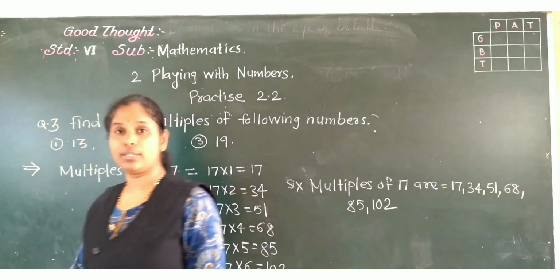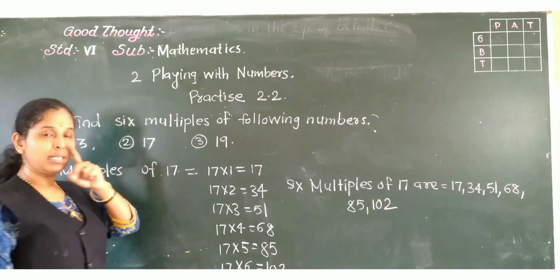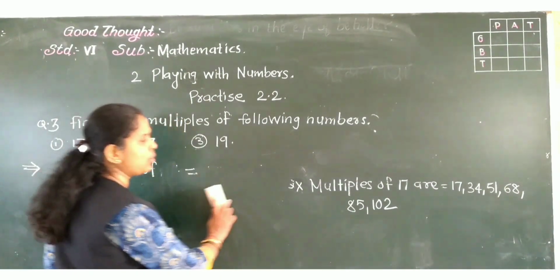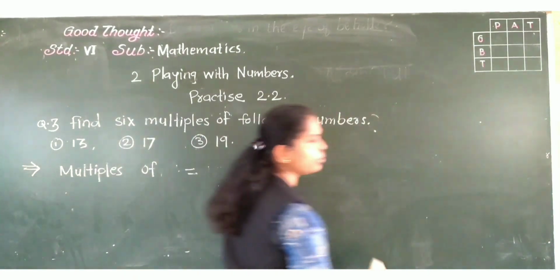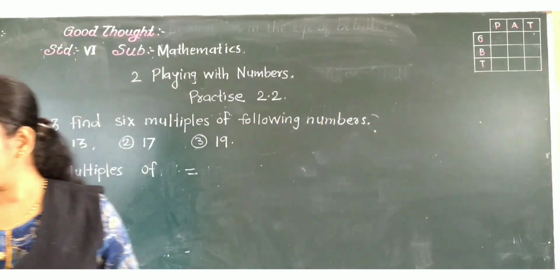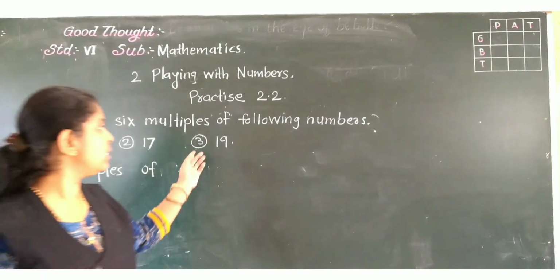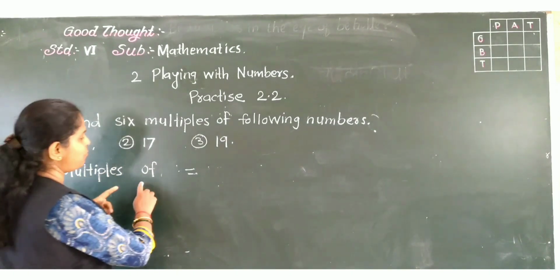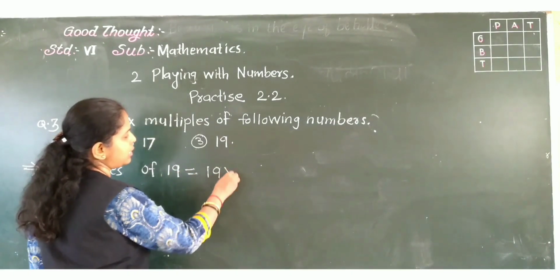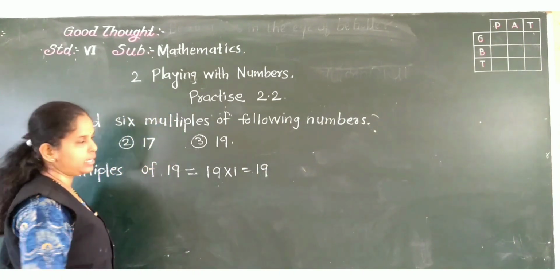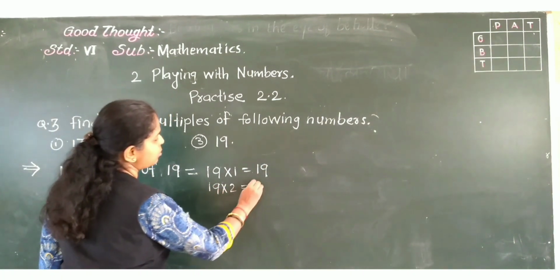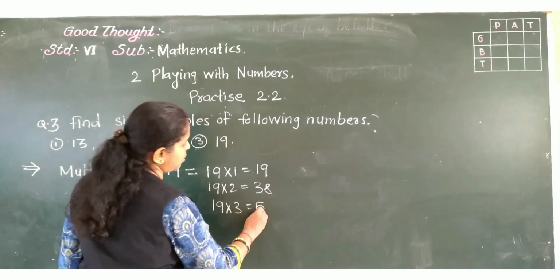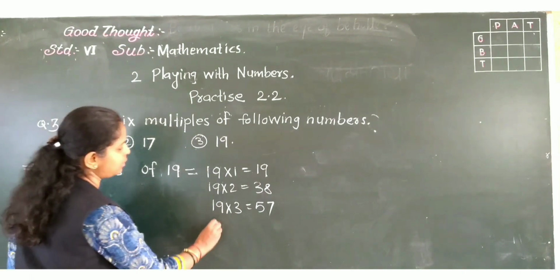Okay. Now next we have to find out the multiples of 19. Again same method. Nothing else you will have to do. Here again you will have to multiply it by 1 to 6. That means, in short, we have to write the table. Multiples means, now multiples of 19. So 19 into 1. 19 ones are 19. 19 twos are 38. Okay. Then 19 fours are